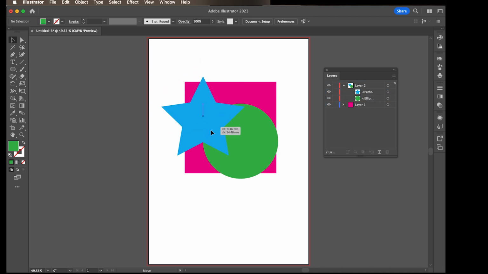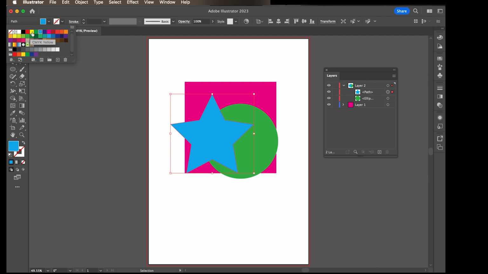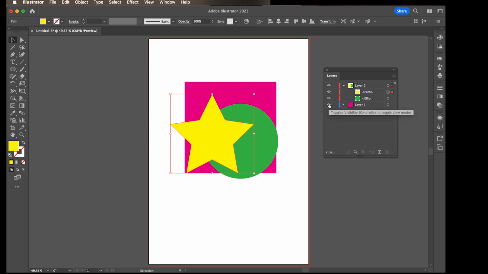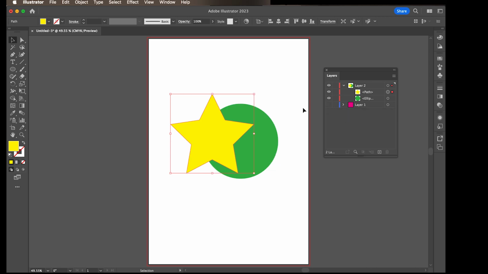Okay, I can show you more obviously. Maybe I can change the color to, I don't know, yellow this time. Okay, that's better. So let's hide layer 1. So this is all happening inside of layer 2, right? Then if I want to put this circle on top of that star shape,